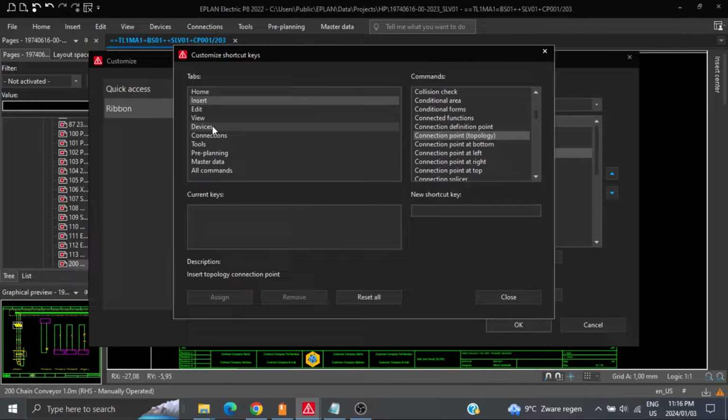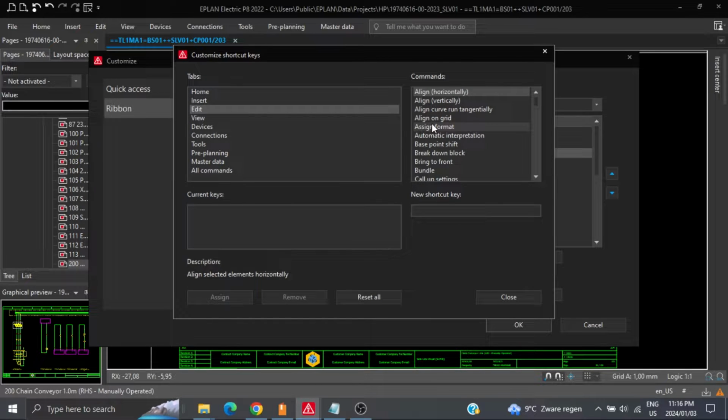Your scale and flip fall under edit because you're editing a graphic, making it bigger or flipping it, so you're editing its properties. What I want to do is assign a shortcut to the assign format and the copy format commands. So in order to assign